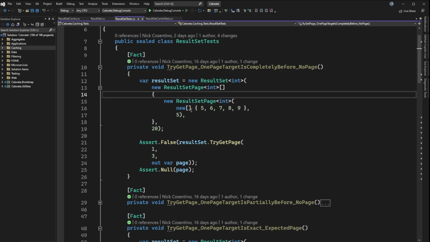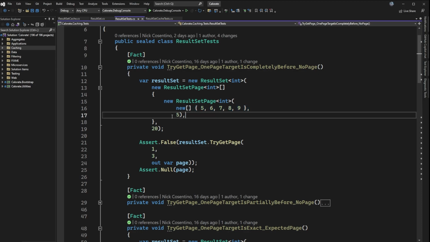So if you look at this result set here that says from IDs 5 all the way up to 9, the important part to note is that it's actually starting at an offset of 5. So that would mean that if we were pulling data from a database, this is just an example, we would be asking for a page that started at 5, and then we pulled an extra 5 IDs from that point on. So if we look at the page we're trying to get, this says start at offset 1 and